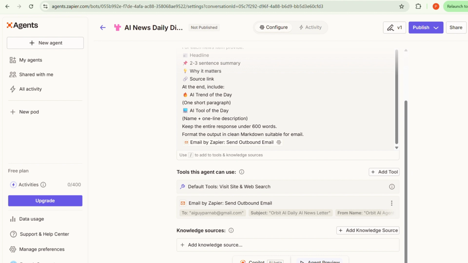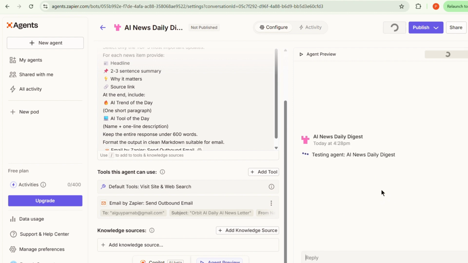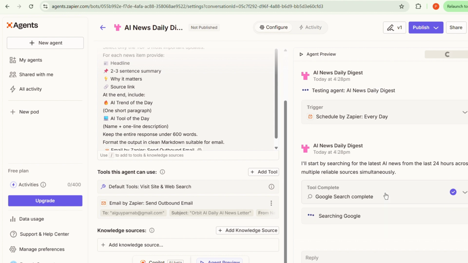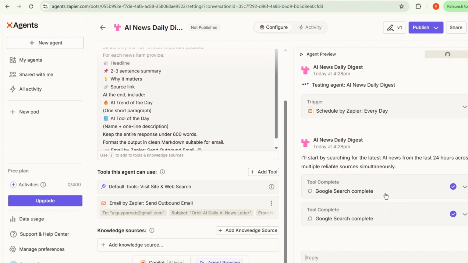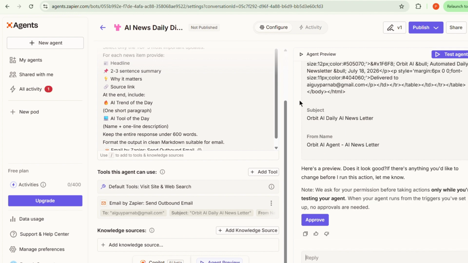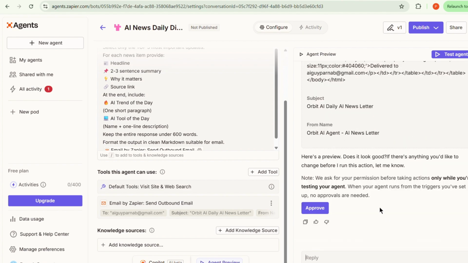So that is sort of testing, right? So let's test this. Let's click on this agent preview. Okay, so I want to test this agent, and I want to see whether it is correctly doing all this research and sending me the email, or whether this workflow is working fine or not. So now you can see that it's running and it's generating text, and very soon I should receive an email. Now you can see that it has done all the processing and it is asking for an approval, but